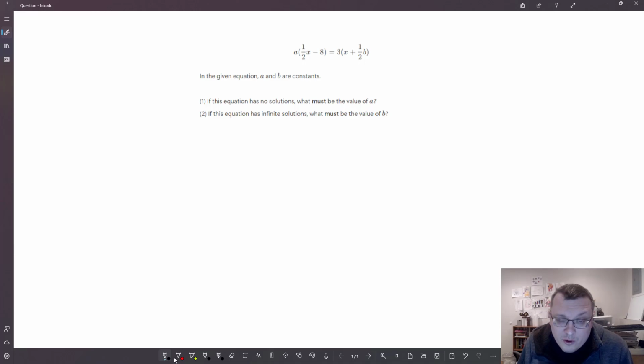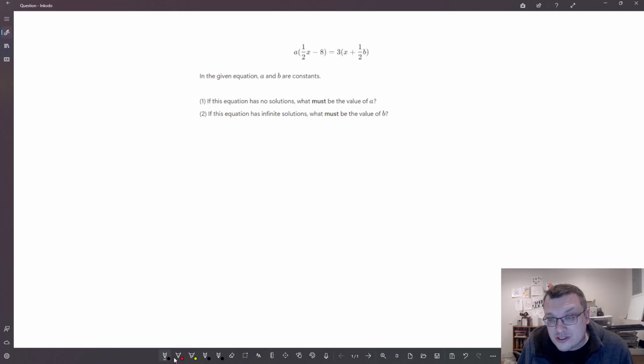We'll start with number 1. If this equation has no solutions, what must be the value of a? So the key in these kinds of problems where you have this left side equal to this right side, you've got one variable, which is x, and more than one, or even just one constant, in this case a and b. The idea here is what needs to happen for this to have no solutions, or as we'll see in a minute, infinite solutions,